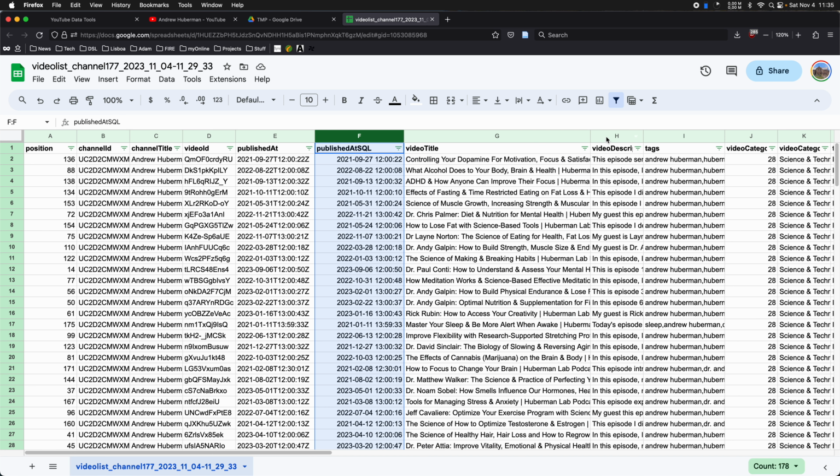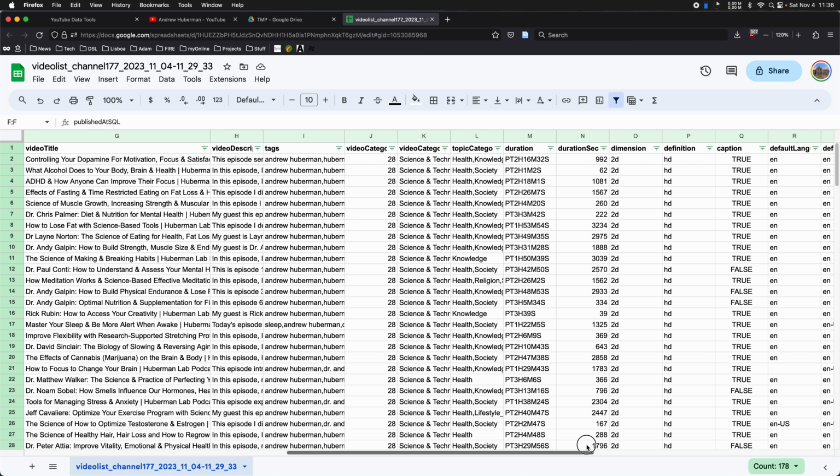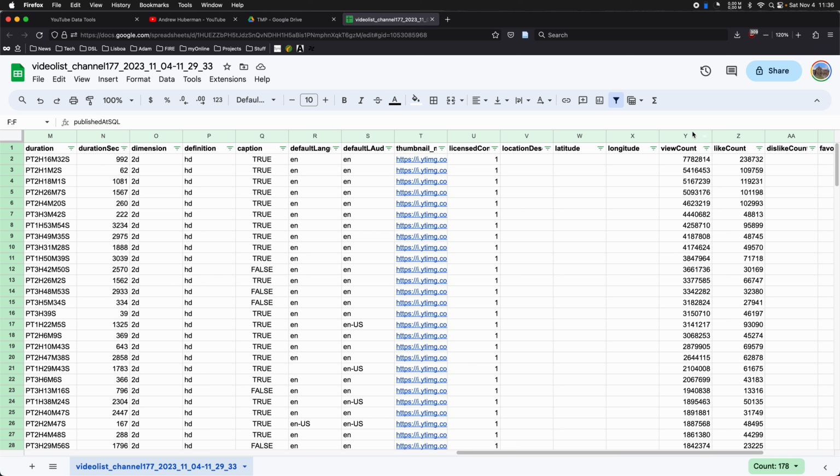You can select this one and maybe then this one, and on the Mac you keep the command key pushed, and then you can select individual columns like this. I think on Windows it's the control key, but try it out. But for temporal analysis, I'm selecting here the date column, and then here the view count, and I can